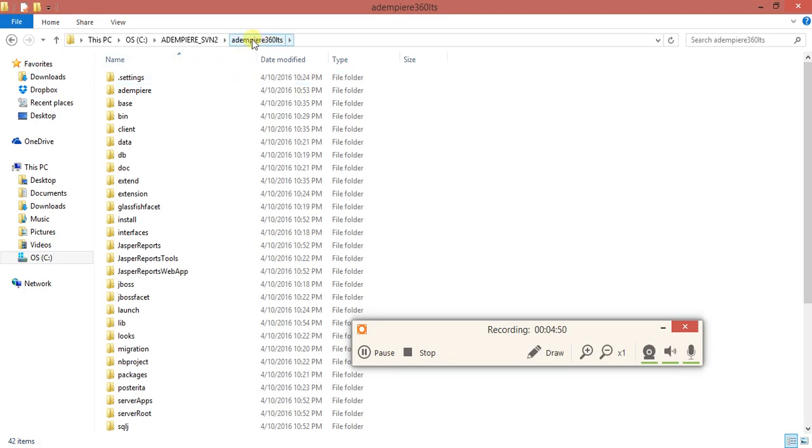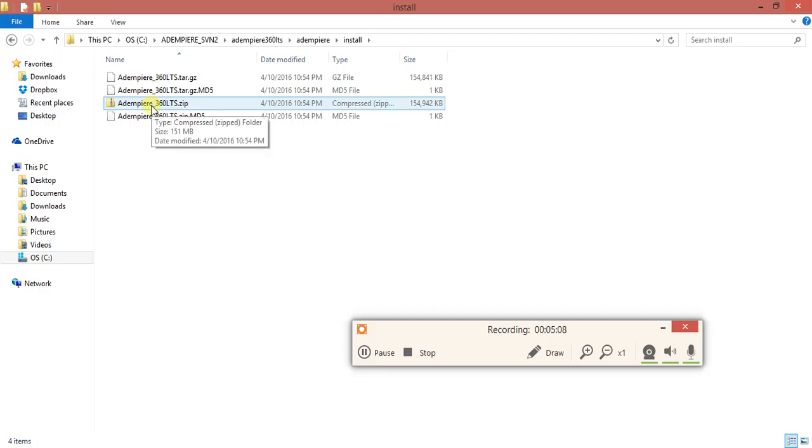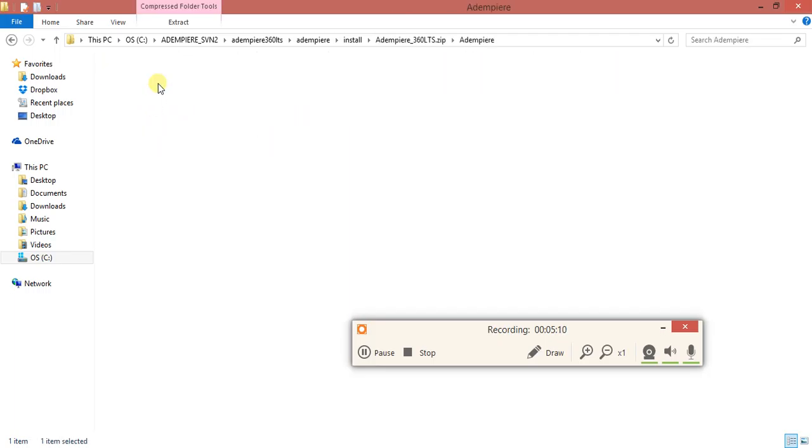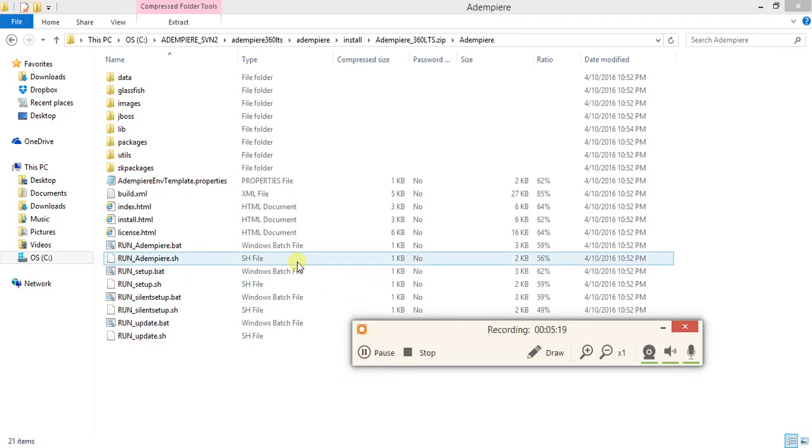So we are now in our file that we created through Eclipse, and if you remember correctly, it saved it under the Adempiere folder, under the install folder, since we are providing the installer through the source code. And there's our zip file. So from this zip file, you can go to Adempiere, and basically at this point you can run Adempiere. So if you click on Run Adempiere bat inside of our zip file,